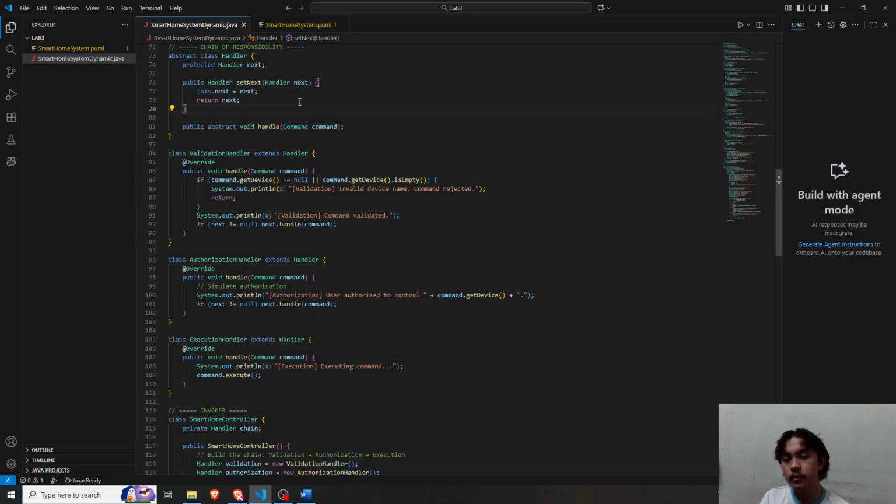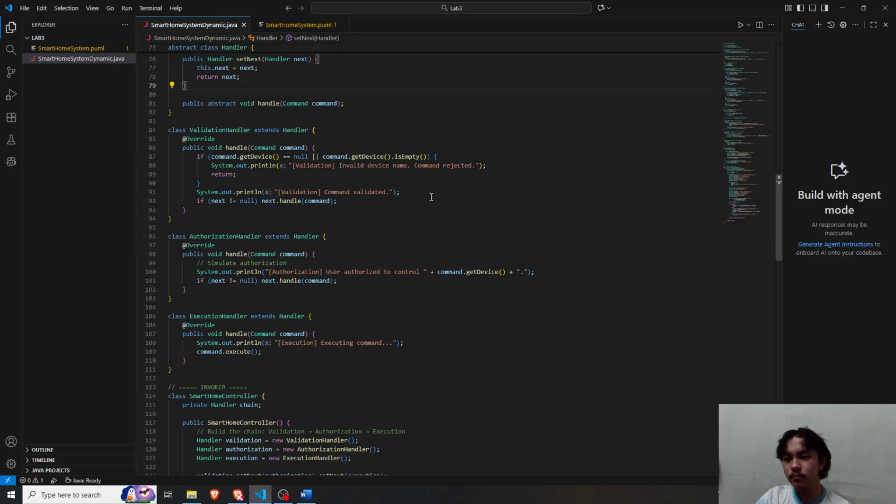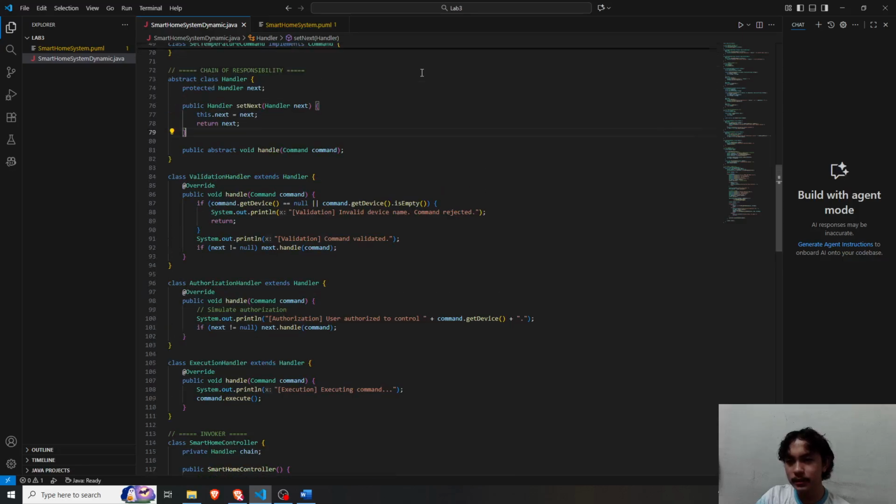So after the user makes an action, the chain of responsibility moves on to the next process of the system. Okay, please bear with my English.